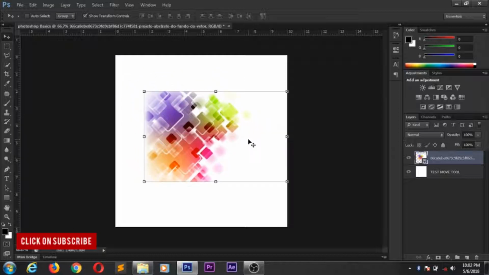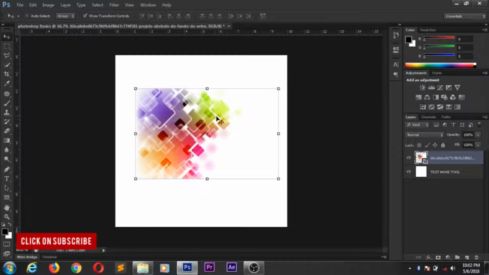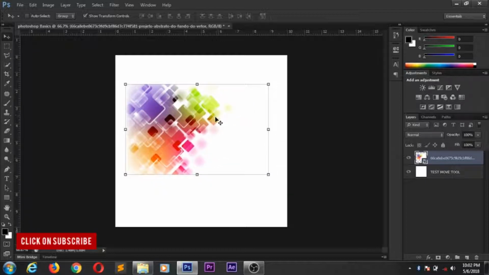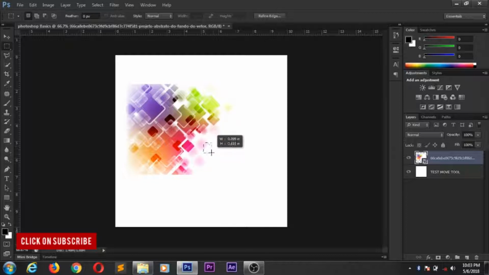Okay, now we understand what the move tool is used for. The other one I'm going to be showing you about is the rectangular marquee tool. The rectangular marquee tool can be used to cut out an area you want not to be here. For example, I want to apply analytics here to a specific area. I don't want to apply it to every area here. So I can use the rectangular marquee tool and select on it, and I come straight down here. Let's say here, I select here,